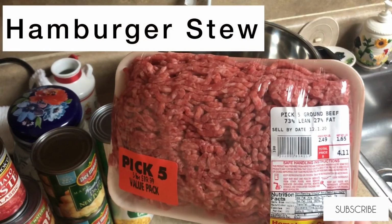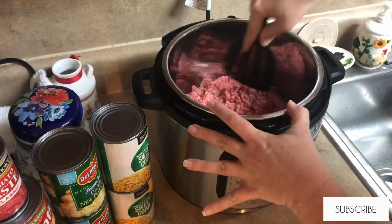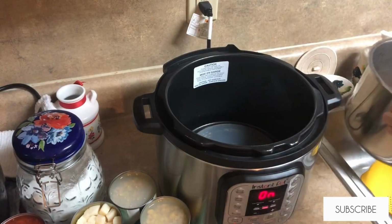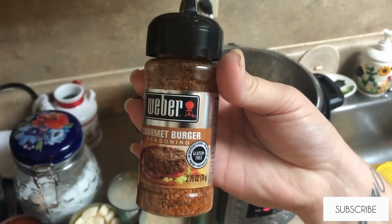So on the next night, if you are not new here, you know that my absolute favorite meal in the world is hamburger stew. So that is what we had on this night. I just started some ground beef in the Instant Pot on the saute function, and when that got done, I just drained it, put it back in the pot, seasoned it with onion powder, garlic powder, and this Weber's gourmet